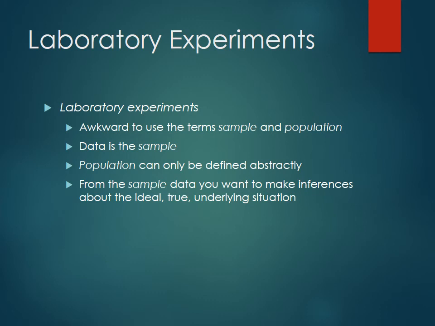In laboratory experiments, you can also use these ideas here. The population is more of a, there's not really a good definition for that necessarily in this case, but a sample is usually where you're taking samples of data and trying to apply that back, hopefully representatively. The best example of this is quality control tests for point of care testing. Say you're doing your control solutions for a glucose monitor, using those solutions so you know what your known data is, you know what that sample is, and hopefully your test is actually going to get the correct value, right? So a little bit looser definitions there, but just know that you can use sample and population in different ways depending on how you're applying the data.